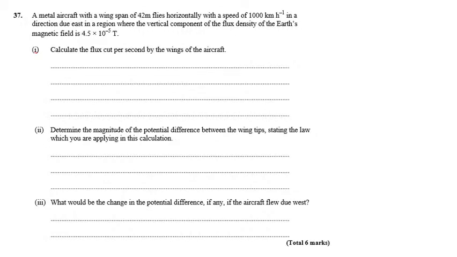In this question we're dealing with an aircraft of wingspan 42 meters, which is moving at 1,000 kilometers an hour. That is 1,000 times 10 to the 3 meters divided by 3,600 seconds, in meters per second. When you do the calculation, that is 277.8 meters per second. So in 1 second